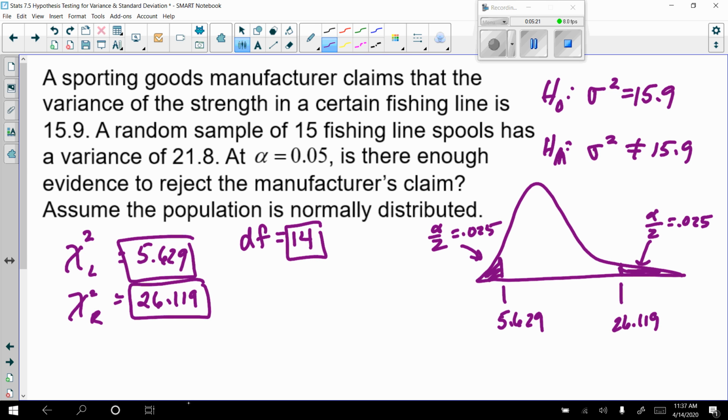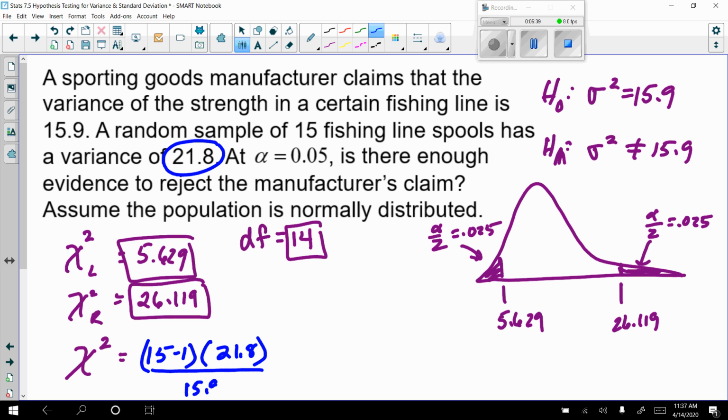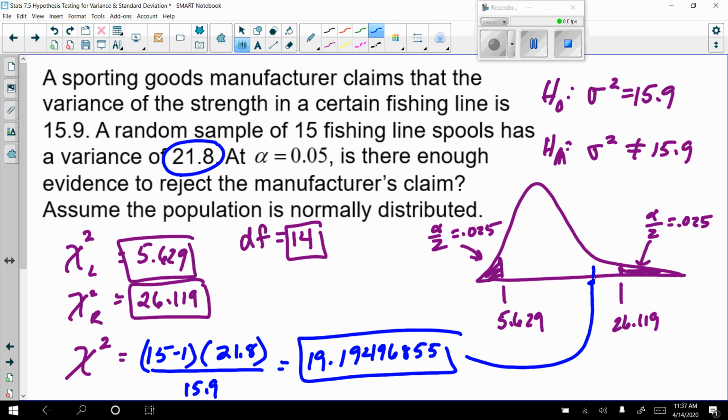Our actual chi-squared value is going to be 15 minus 1 times our variance, 21.8, divided by our claim, which is 15.9, which ends up to be 19.1949685, which is somewhere in here, which is not in the shaded region,